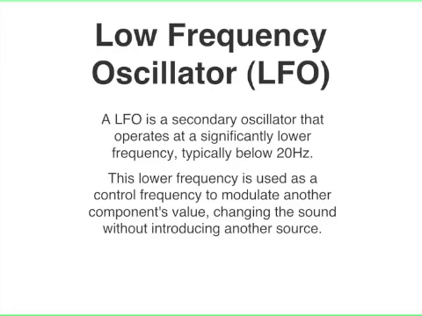And 20 hertz is a measure of frequency that is basically below the threshold of hearing for human beings. So this lower frequency is used as a control frequency to modulate another component's value, changing the sound without introducing another source. So essentially a low frequency oscillator can be used in combination with another oscillator or other filters, which we'll talk about soon,